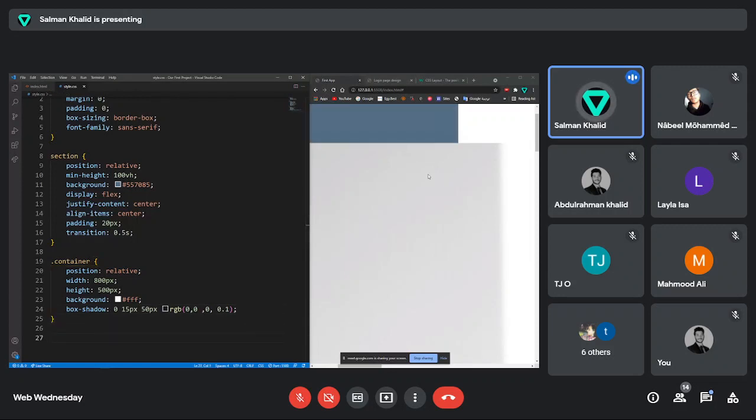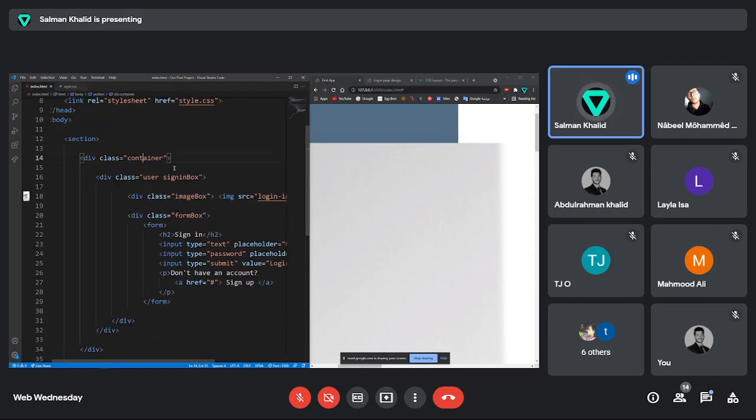Everything in the page will be updated as we go. So now we edited the section and container. We want to edit whatever inside them now. So inside the container, if you remember, we have user sign box. So how do we call the user sign box? If you see it right here, if you want to call this